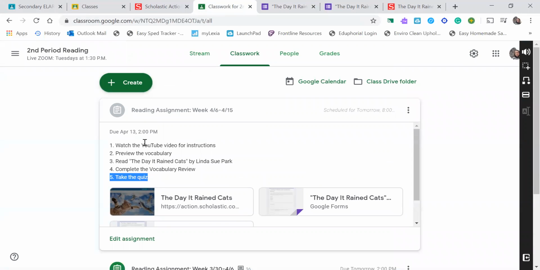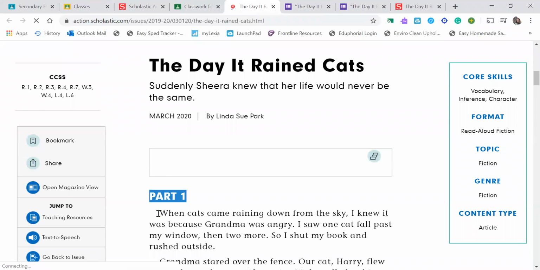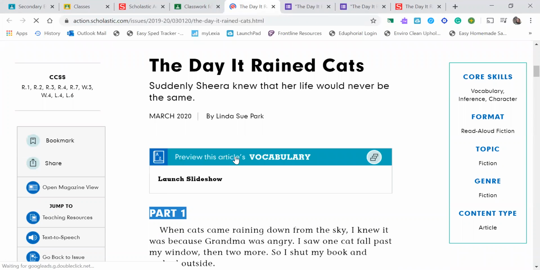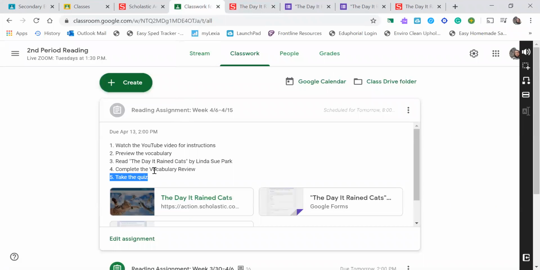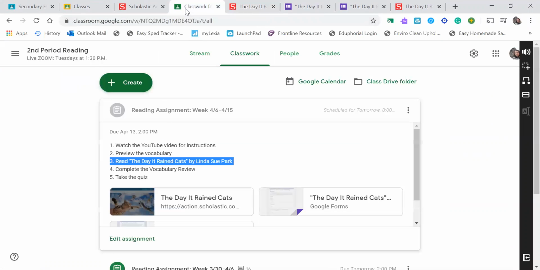So first, watch this video, do the vocabulary preview. Okay, once again, when you get there, you'll click the article, and then it's going to be the very top of the article where it says vocabulary preview. This article is vocabulary and launch slideshow. Okay, and then you'll actually read the article. Remember, you can do text to speech for it to be read to you,